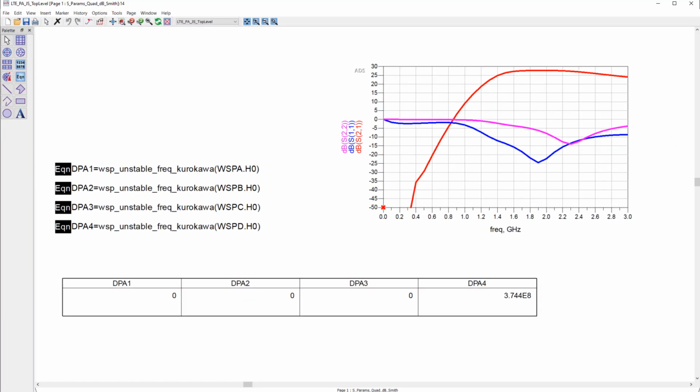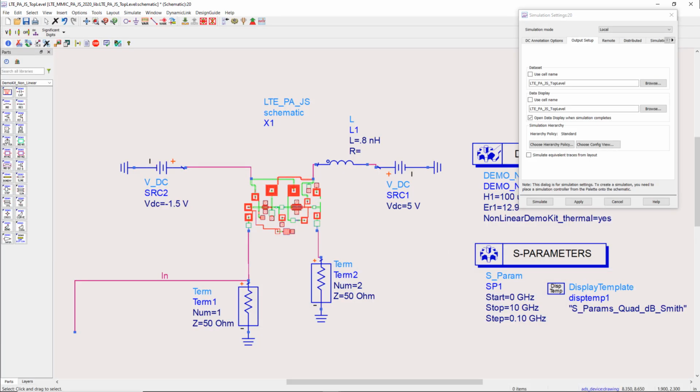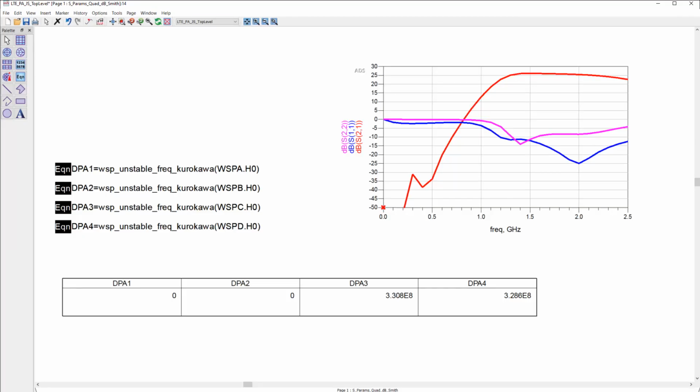The spike is hardly seen, but the Winslow stability probe detected a 374 MHz instability at the drain of the output FET. So next, I added the 0.8 nanohenry at the drain bias pad. Notice the spike got higher and the Winslow probe detected instability at both gate and drain.